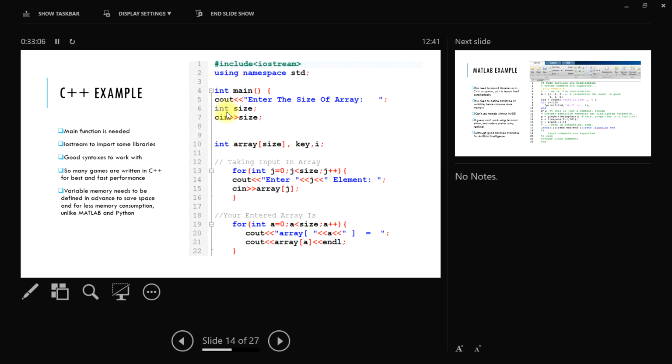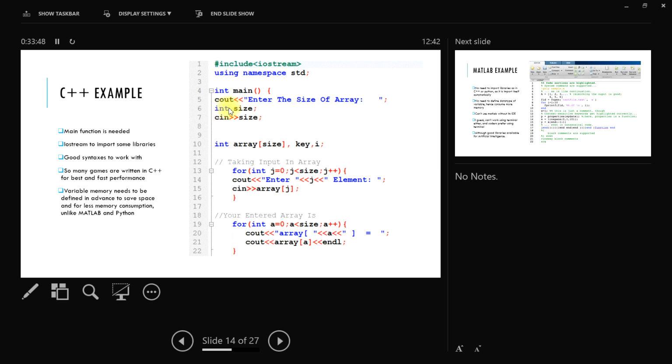But because over there you are not deciding, memory consumption is more. You could have stored 5 or 5.5, so MATLAB has to take this into account. It has to use 4 bytes rather than 2 bytes, because the user can later use 5.5. That's why C++ is faster. Here you first initialize it so that the programmer will only get 2 bytes. You cannot store 5.5 in size. So in this programming language you give initial instructions to the language, and that's what makes it a little faster, along with many other factors.